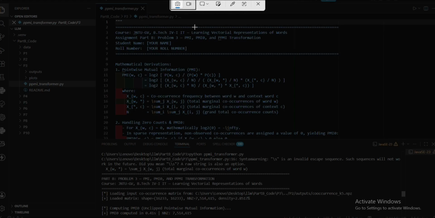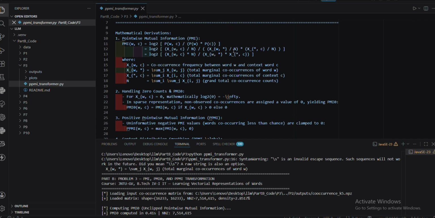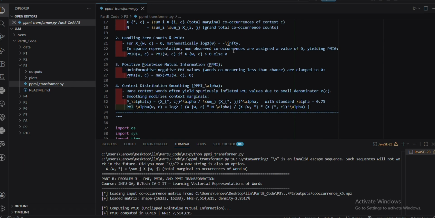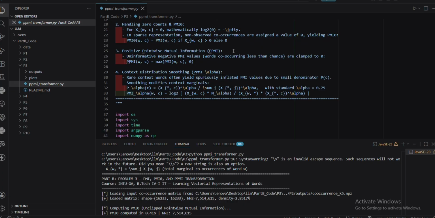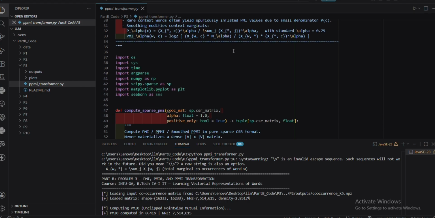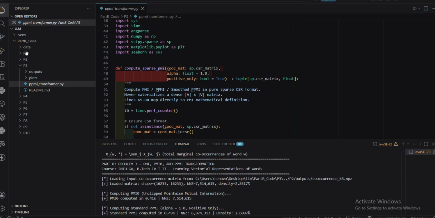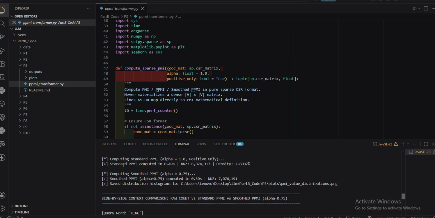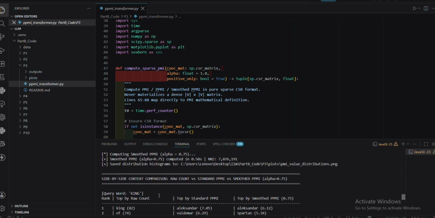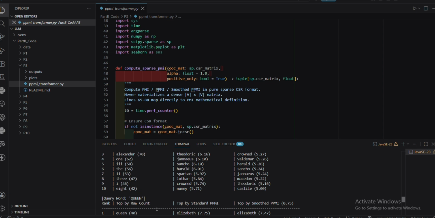Problem 3. PMI and PPMI transformation from the course on learning vectorization representation of words. The main objective of the problem is to transform the sparse co-occurrence matrix generated in Problem 2 into different statistical representations using PMI, PMI0, PPMI and smoothed PPMI. In our project, we use the co-occurrence matrix with the